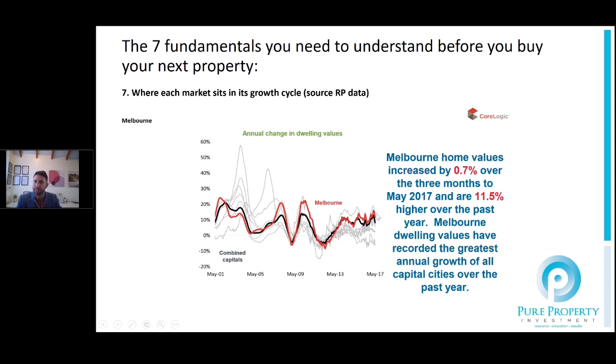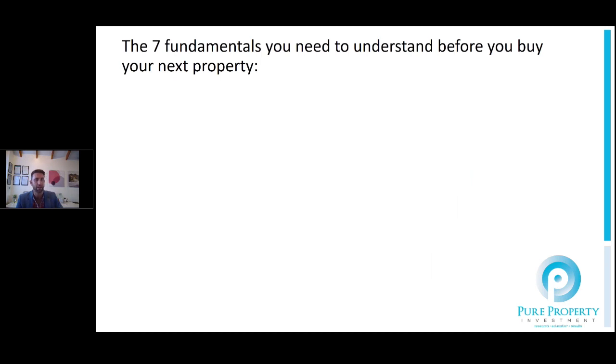but we're probably seeing something that's going to be, I think, maybe 6 to 12 months behind where Sydney will start on this downward trend. I think it's just at the start of where we see this downward trend into probably more of a sustained flat cycle again as well. So Melbourne, personally, we see is probably going to be going on this slightly downward trend and probably normalising around that 1 to 5%, potentially a couple of years of small negative growth over the next 3 to 5 years. So the yields, as well as how the growth has been in that market over that time, I think are going to affect that long-term growth.